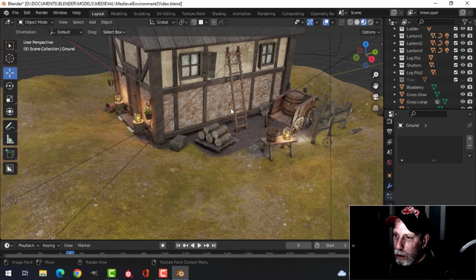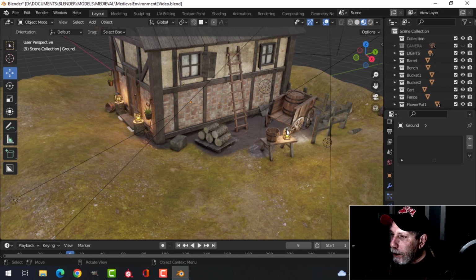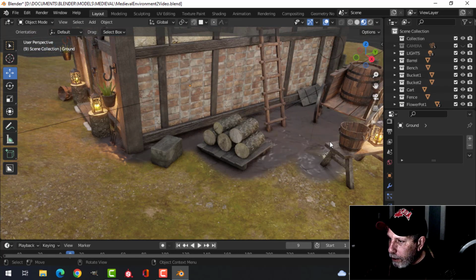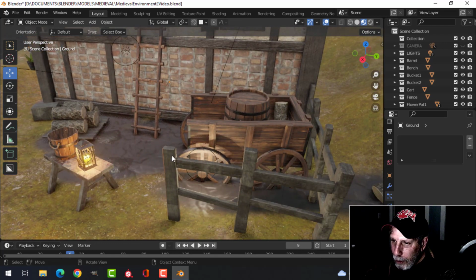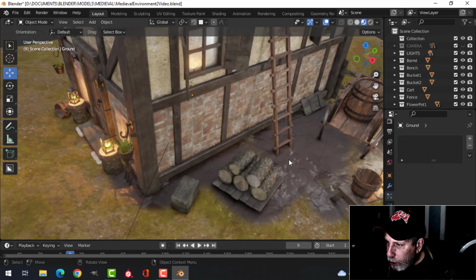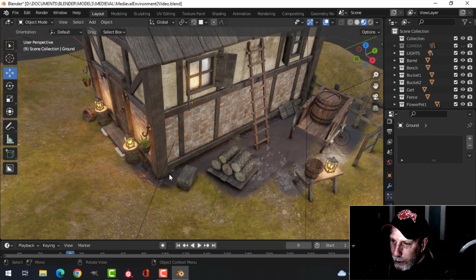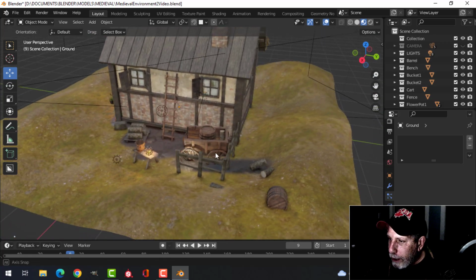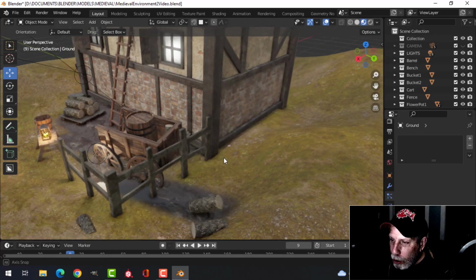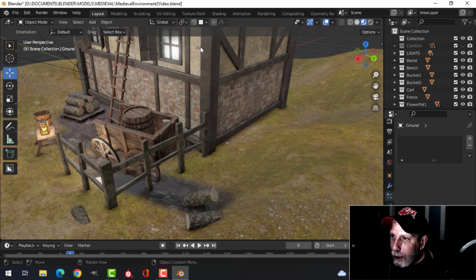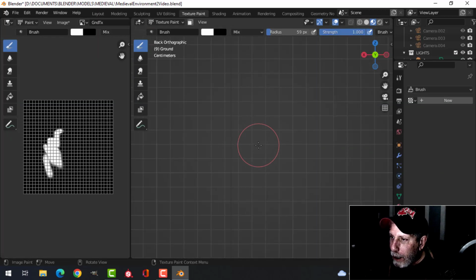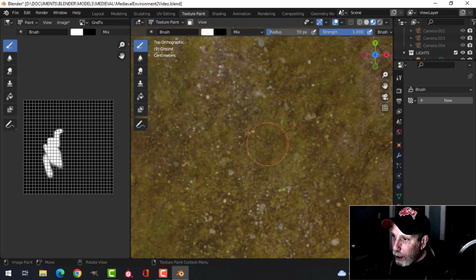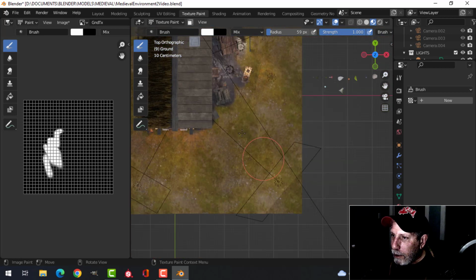So let's go back to layout. And let's zoom in here. All right, so I painted another texture on here. And I can mask the edges a little bit with vegetation if that's what I wanted. So again, you could use whatever textures you want and mix them like that. And if I want, I can go right back to texture painting. If I can find my scene,